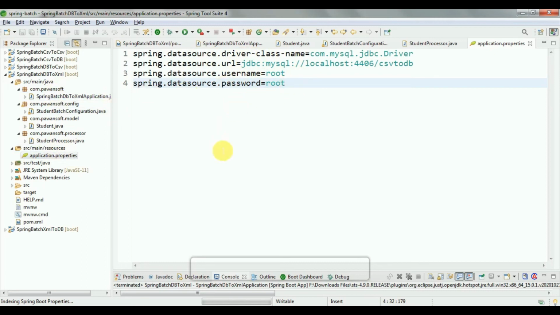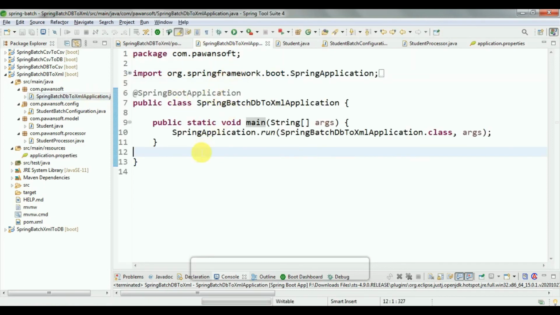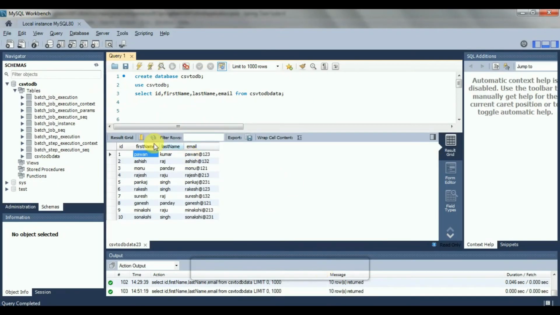So let's run the Spring Batch project. Before running the Spring Batch project, let's see the data. In the database, I found that all the first names and last names we have are in lowercase, right?